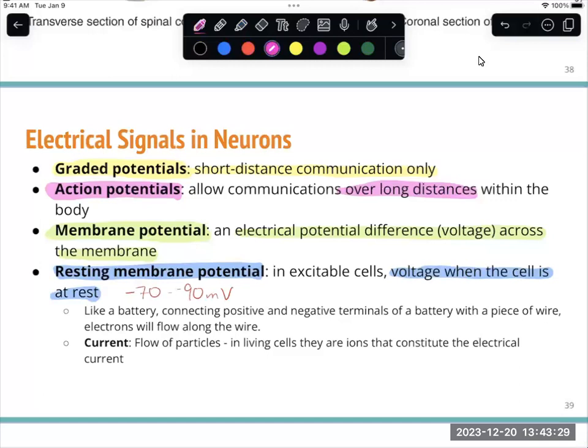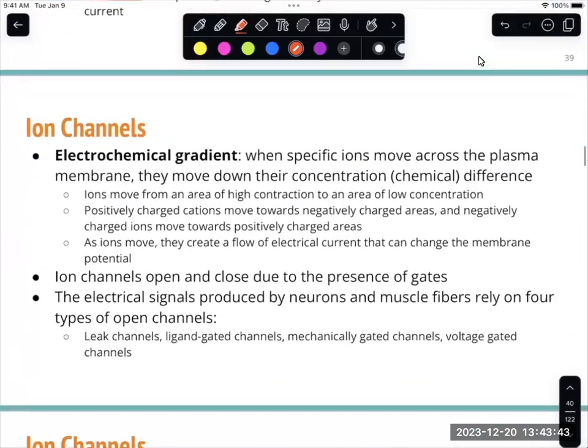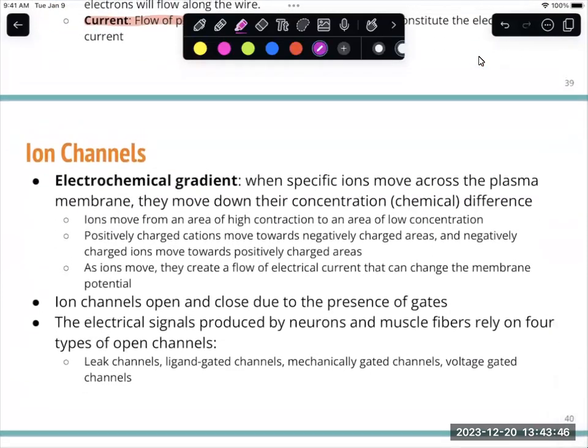That current is that flow of particles. So that flow of ions that move across that membrane. The electrochemical gradient. This electrochemical gradient, when we have certain ions, sodium, potassium, chloride, phosphate, that are moving across that plasma membrane, they